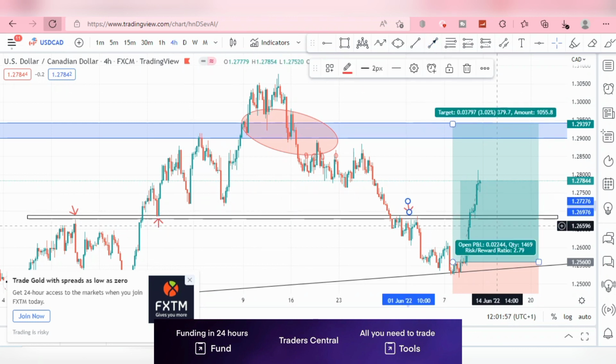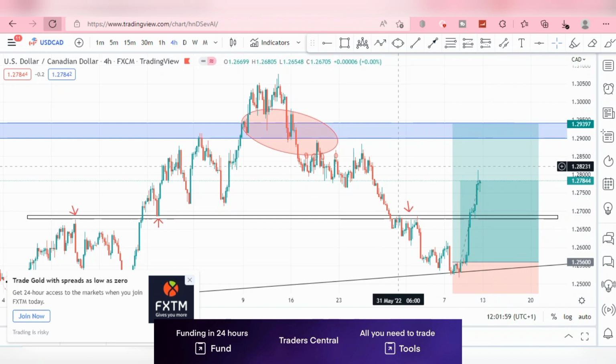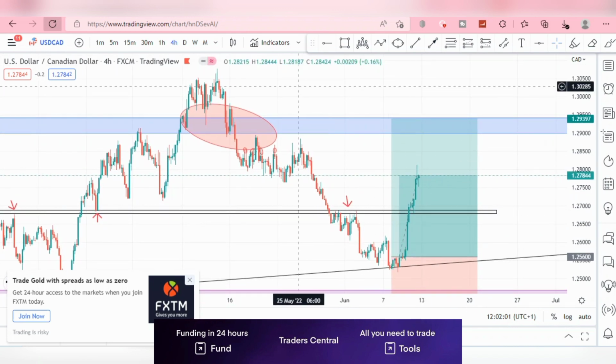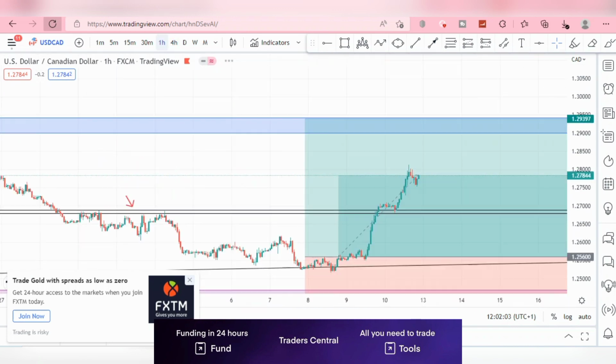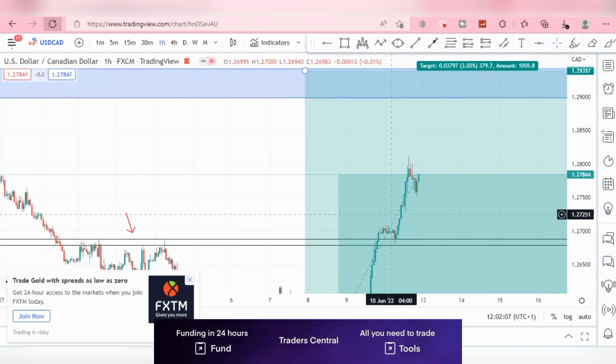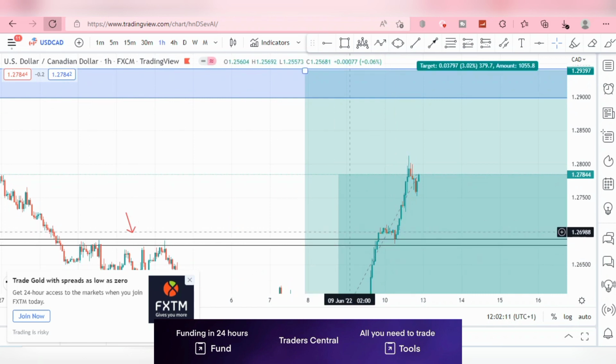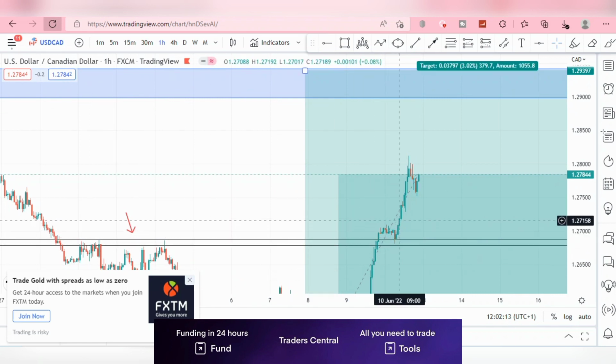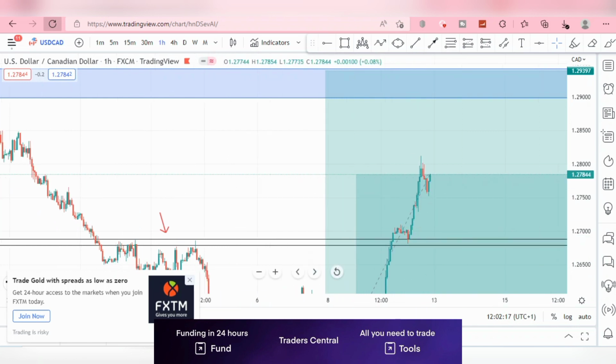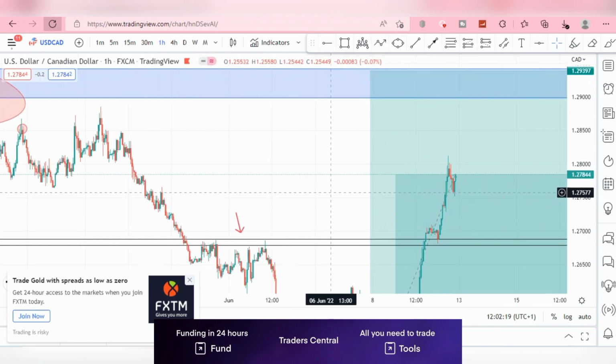And then we can see price breaking through that area. So there's a possibility that price could come down there to retest. On the other hand, price may not do that, and price may just continue to the upside, as we can see on the hourly time frame that price already has broken through this area, came down to retest, and started this up move. So as a day trader, we can still trade this, but we just need to be very